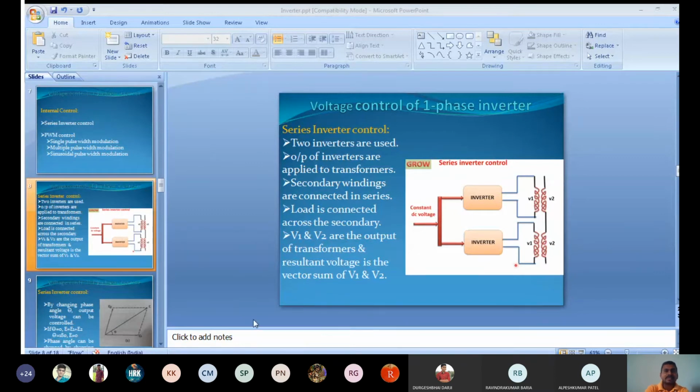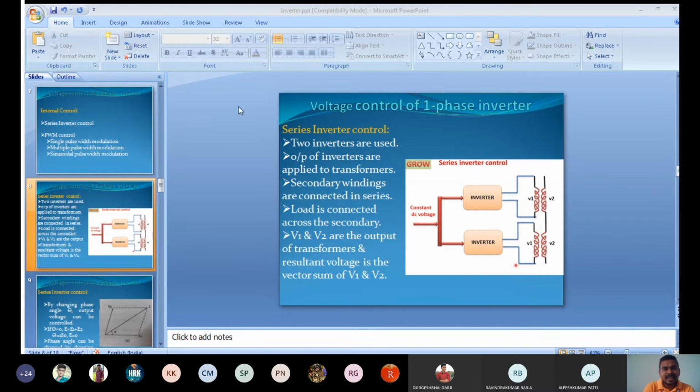Okay, but what happens in this multiple pulse width modulation, we are getting multiple pulses in each half cycle. But the width of pulse generated is the same. Okay, so look at the width of this pulse. First pulse width, second pulse width, and third pulse width. So each pulse has the same width. Okay, the width of each pulse is the same. So in this method, the pulses generated have the same width.